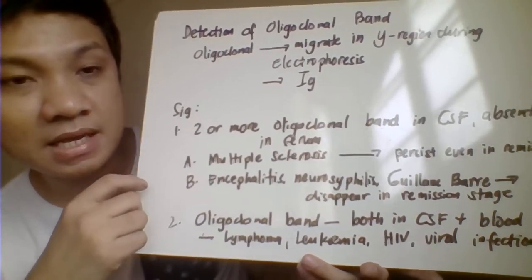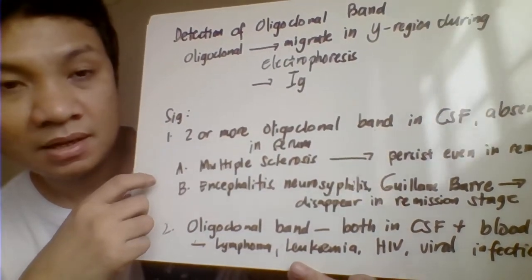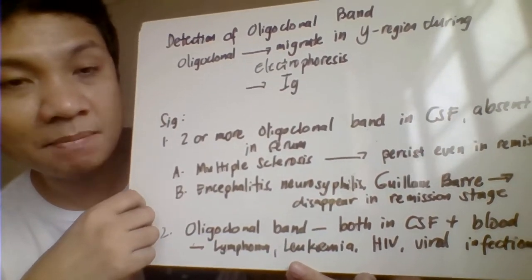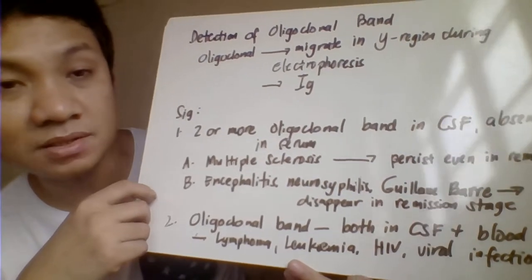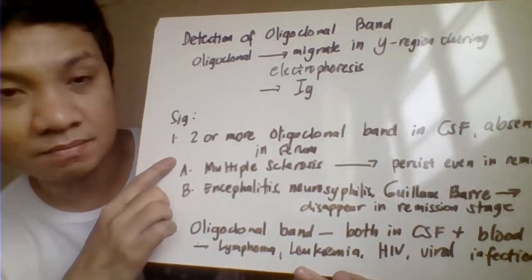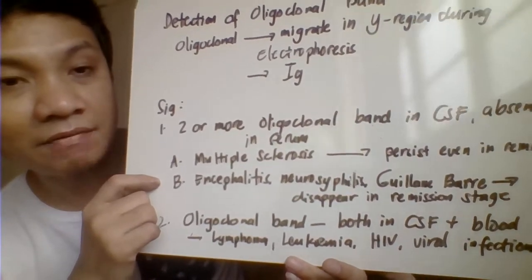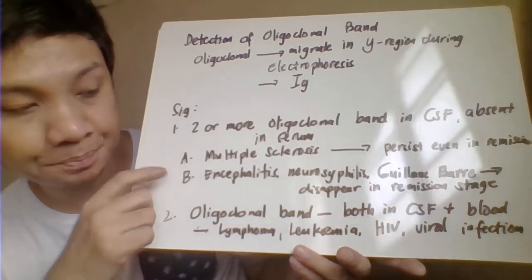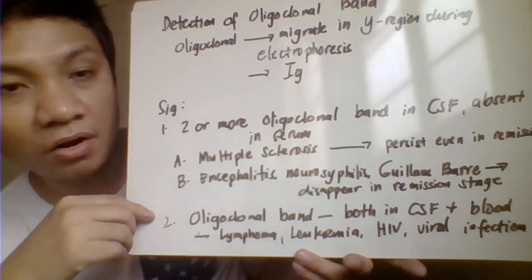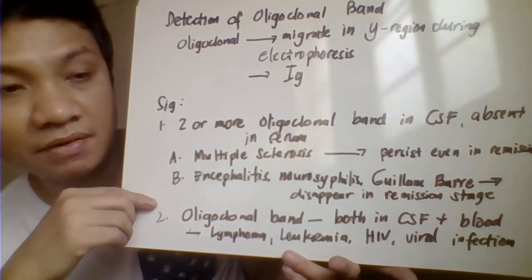You could identify that it is caused by multiple sclerosis because in the remission stage, meaning the recovery stage, even when the patient is already recovering, the oligoclonal band is still present. It's still there, that's multiple sclerosis. But if it disappears, the oligoclonal band in the CSF becomes negative in the remission stage, then it is one of the other conditions. Another one, we have your oligoclonal band present in both the CSF and your serum sample,